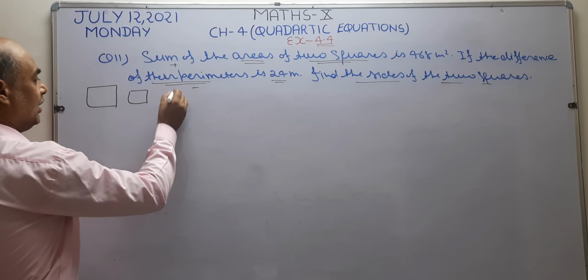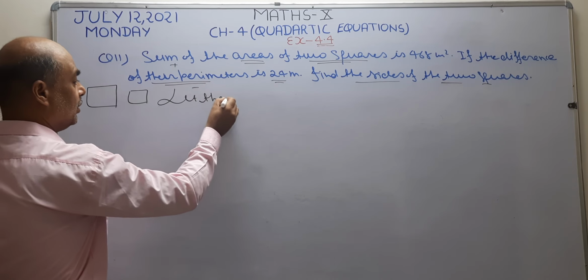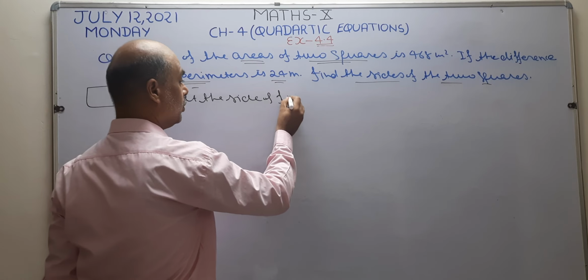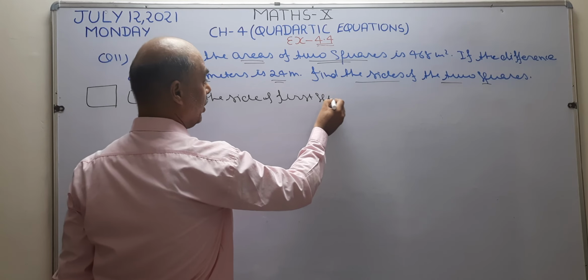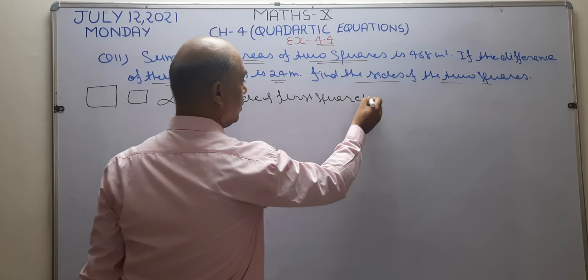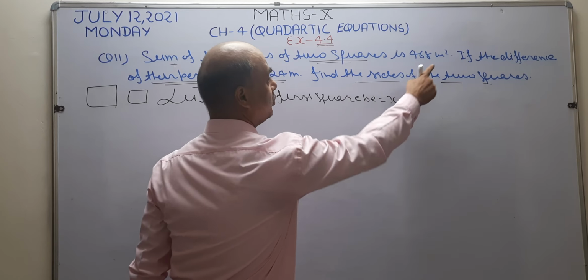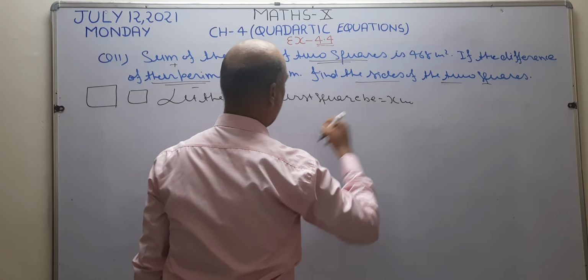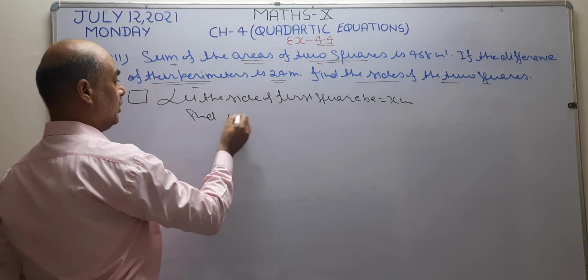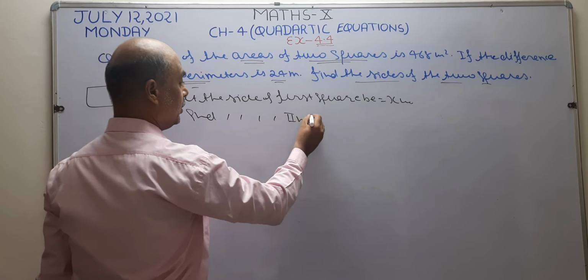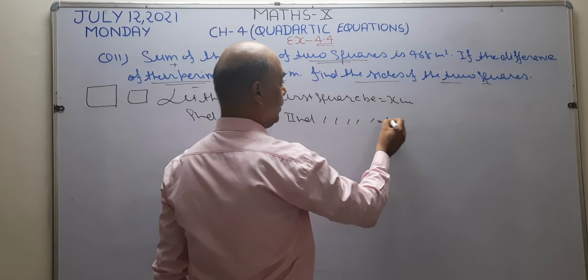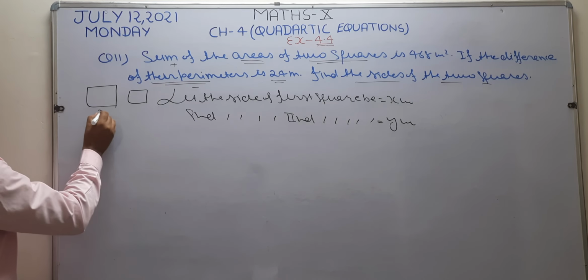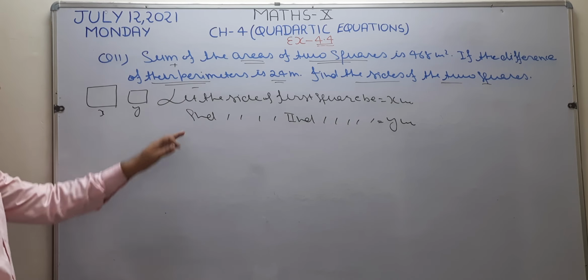So I write here, let the side of the first square be x meter, because the unit is given in meters. Let the side of the first square be x meter, and the side of the second square be y meter. I suppose the side of the first square is x and the side of the second square is y. So write here